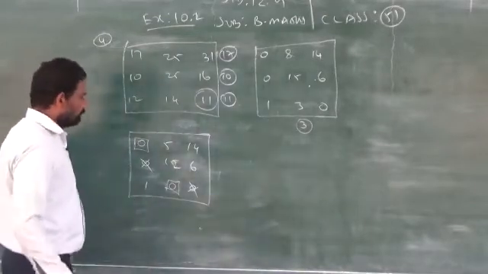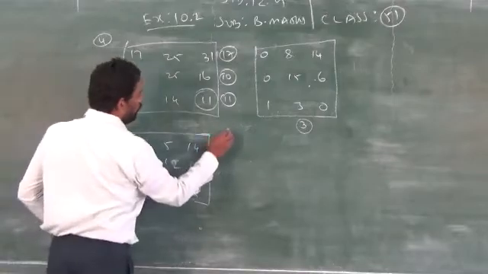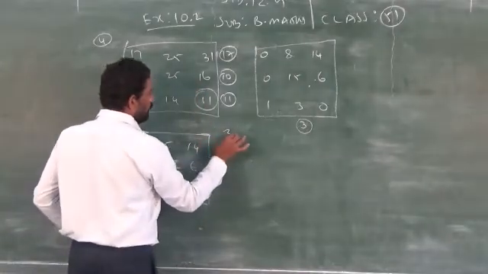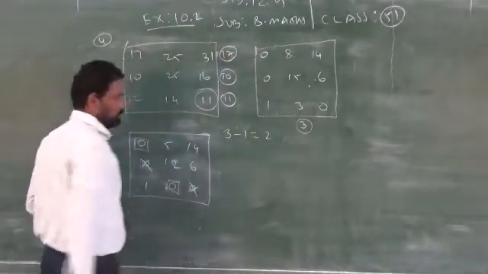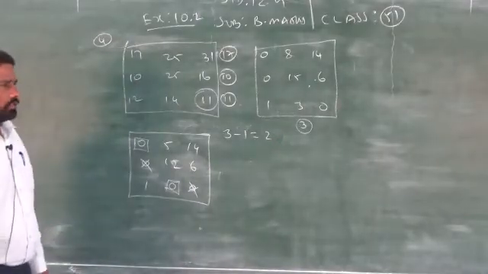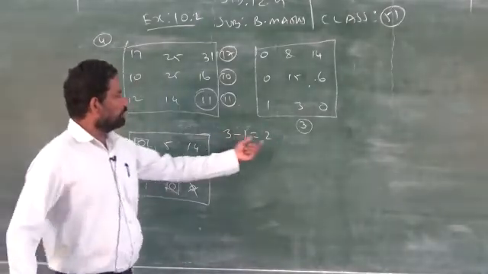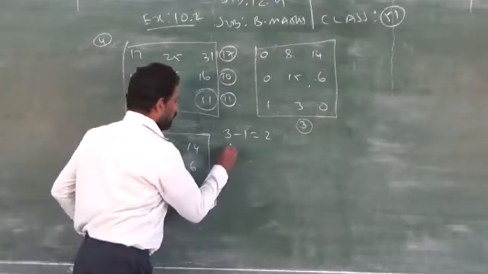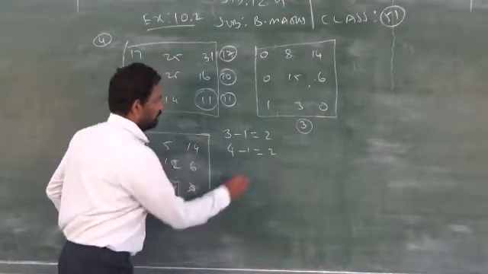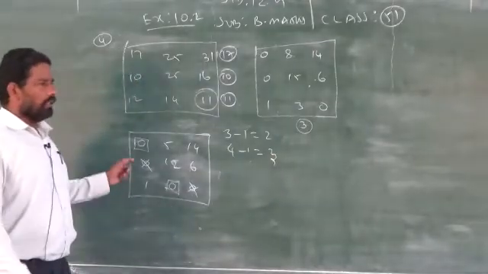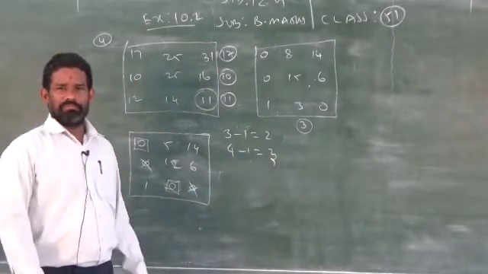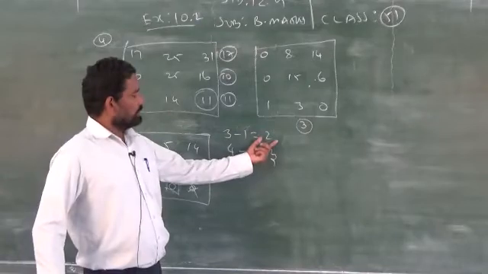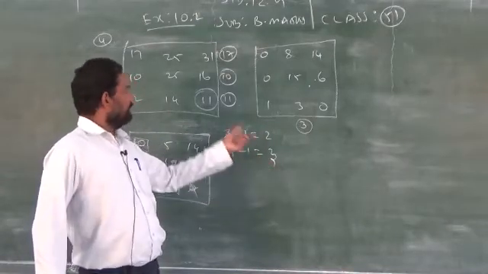There is a rule. Here we have 3 rows. Subtract: 3 minus 1. You will get how much? 2. So you have to use only 2 strategy lines. If it is 4 by 4, then 4 minus 1 is 3. You can use 3 strategy lines. Clear? 2 strategical lines or 3 strategical lines depends upon the question.